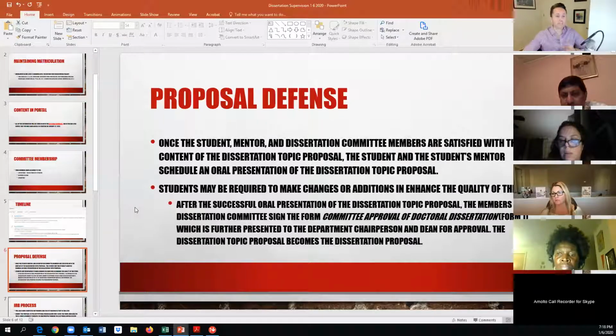So you'll make those changes, so on and so forth, so that at that point, that's where you go through that IRB process that we're going to talk about on the next slide. Because if you had already done that and they suggest changes to it, you would have to really start the whole process over. So there's a rhyme and a reason for it, even though we don't always agree that there should be so many steps to it.